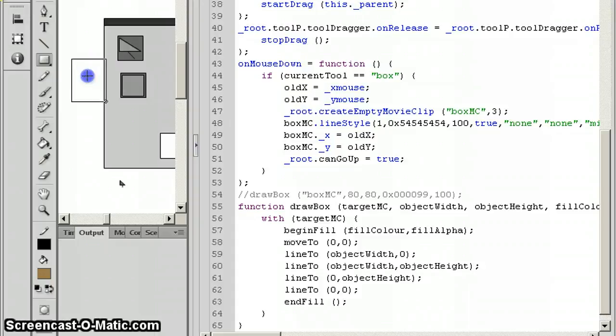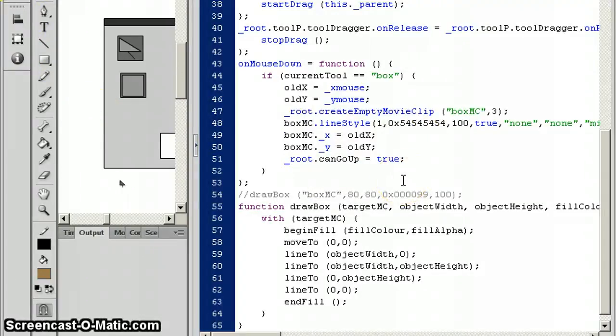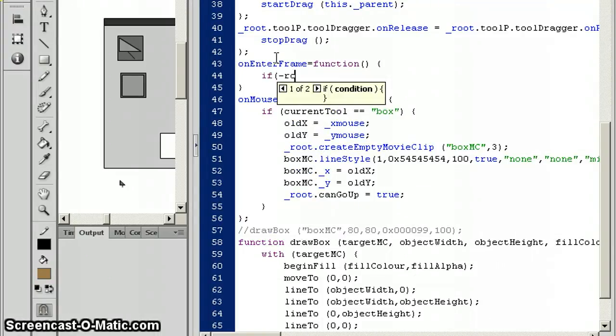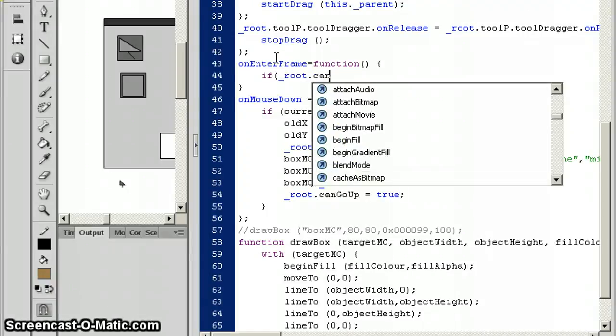And as you drag, the width will be equal to what it currently is. That's what I'm expecting it to be. And then we say root dot can go up is equal to true. We'll come to the can go up. So we can make an on enter frame function now. On enter frame is equal to function, if root dot can go up